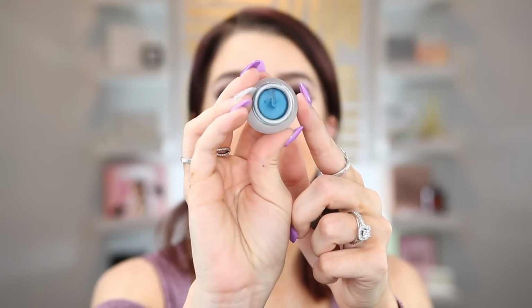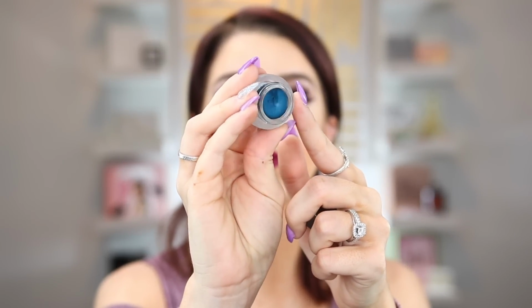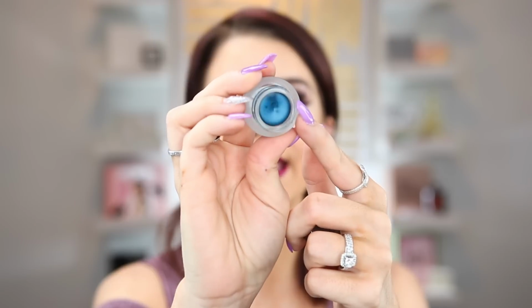This one is called Emerald. Look at how pretty this looks. It kind of looks like it has a metallicness to it. I am so excited to try this out. So really, really cool. I can't wait to try actually all of these, but this blue one is right